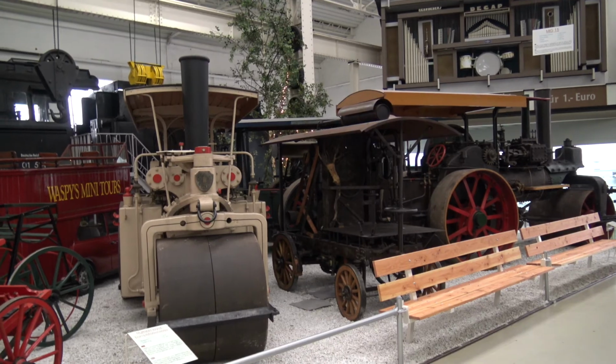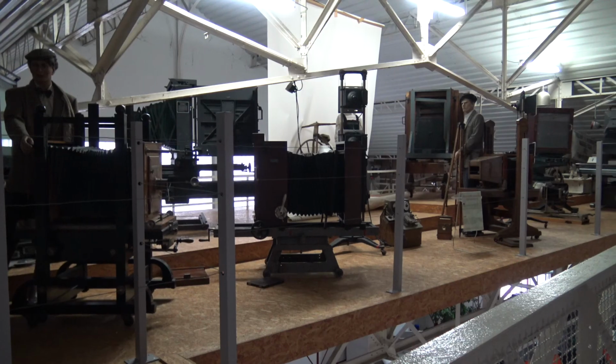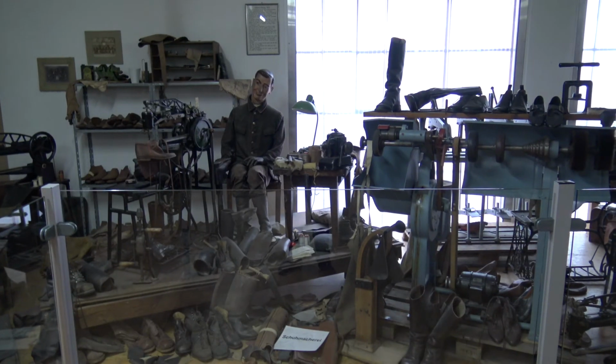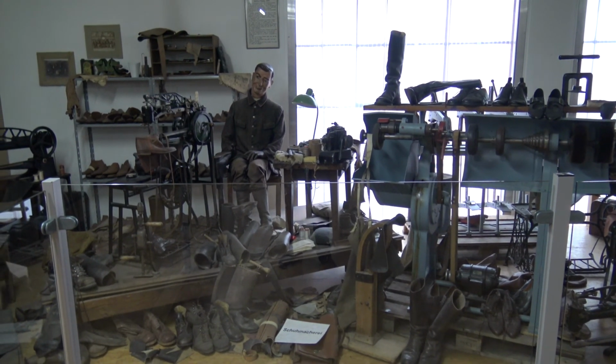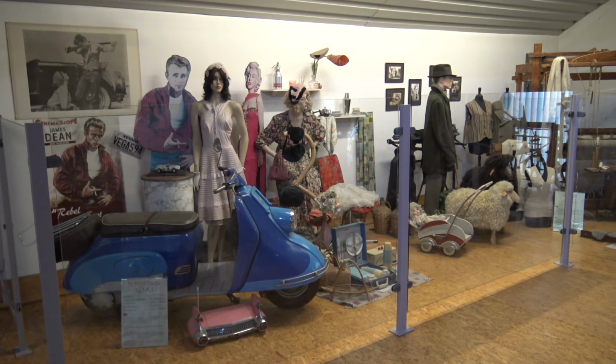Steamrollers, a Formula One as well. This is the McLaren Peugeot from 1994. It has a V10 with 3 liters and 700 horsepower. A collection of old cameras, a shoemaker's shop, an exhibition of fashion and lifestyle,